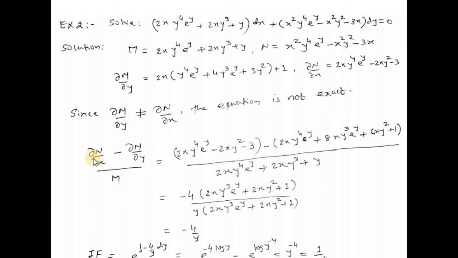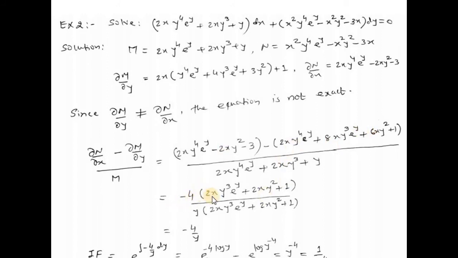So we will find out del n by del x minus del m by del y divided by capital M, which can be written as 2x y raised to 4 e raised to y minus 2x y square minus 3 minus in bracket 2x y raised to 4 e raised to y plus 8x y cube e raised to y plus 6x y square plus 1 divided by 2x y raised to 4 e raised to y plus 2x y cube plus y. So here first term is cancel out, and minus 4 is common from remaining terms,